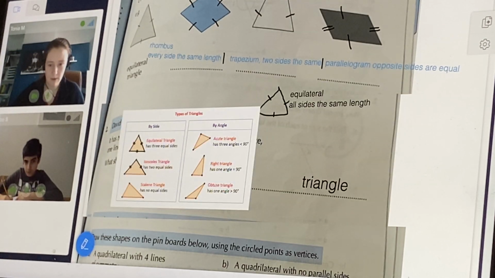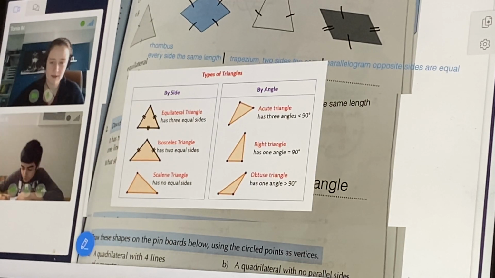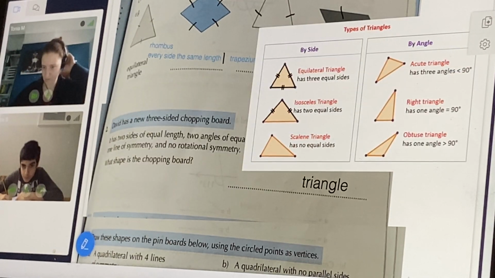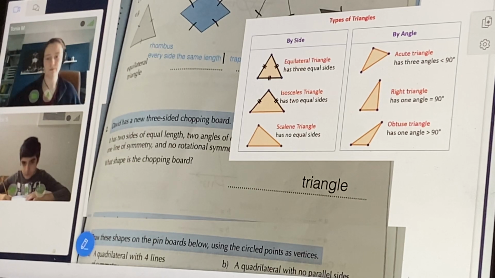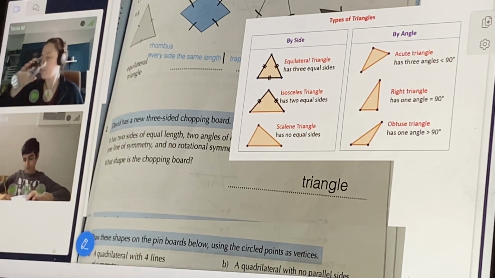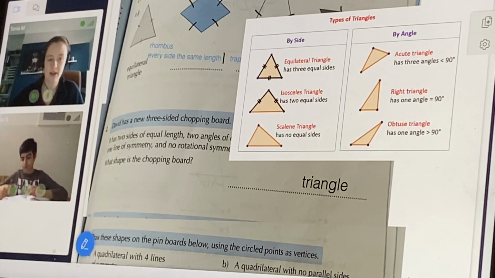There's the little information graph thing that we had from last time. So because the isosceles has two